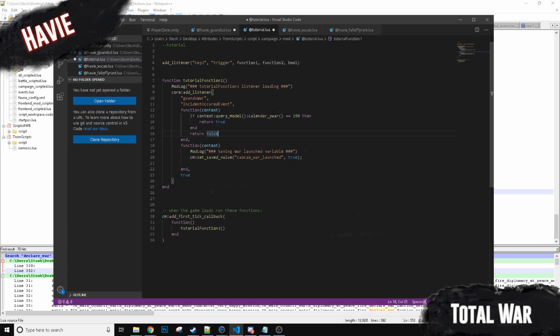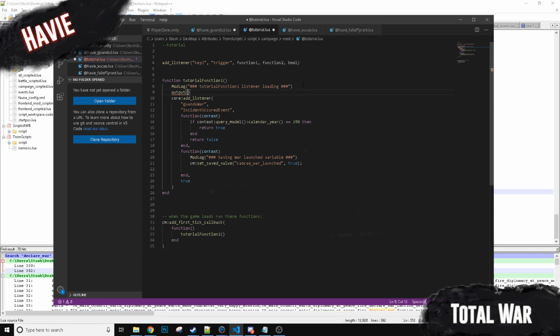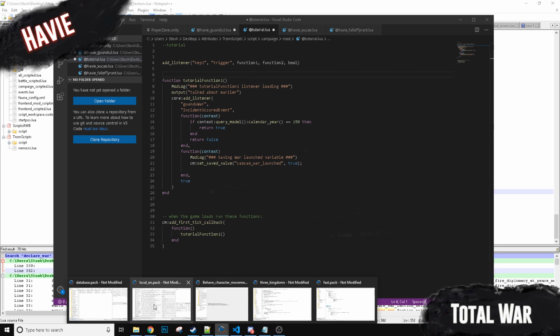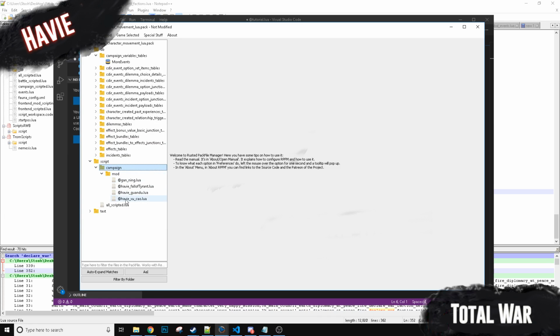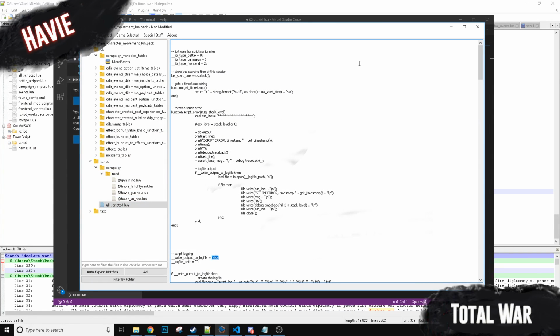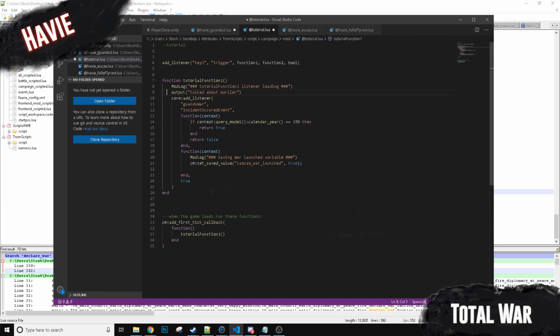Alright, so let's talk about printing stuff. Modlog. So there's two ways to print things. You can say output, which is that thing that we talked about earlier, and that was the one that required you to have the write to log file true. If this is on, it'll print output lines. Apparently those don't. I just ran into this issue. Then that stops printing mod logs, and mod logs just seem easier right now. I have a lot of stuff saved in there. So when this function gets ran, it'll call mod log, and I'll show you where that prints to in a second. And